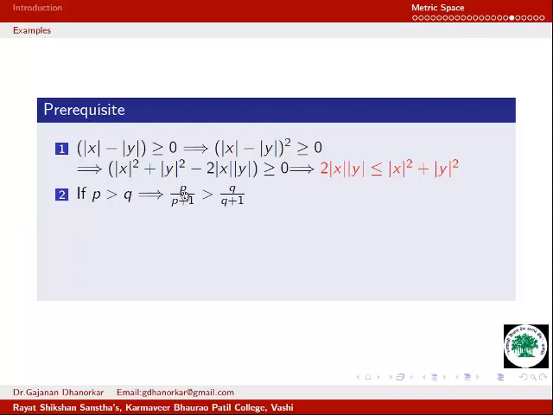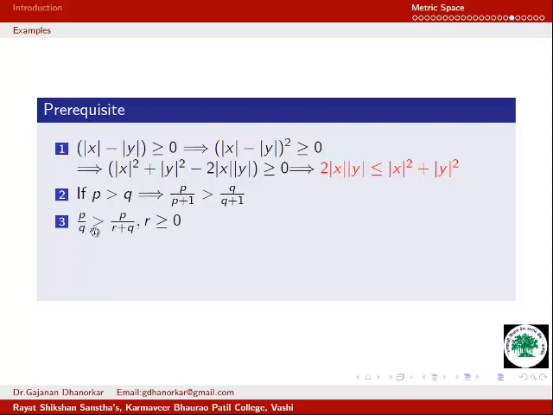Now here, if p is greater than q, then we can write 1/(pq) and 1/q; p/(p+1) is greater than q/(q+1). Again here, 1/(p+1), where p is greater than q, then 1/p is less than 1/q. Or here p+1, q+1 is less than, but if you are multiplying by p, then this becomes greater than.